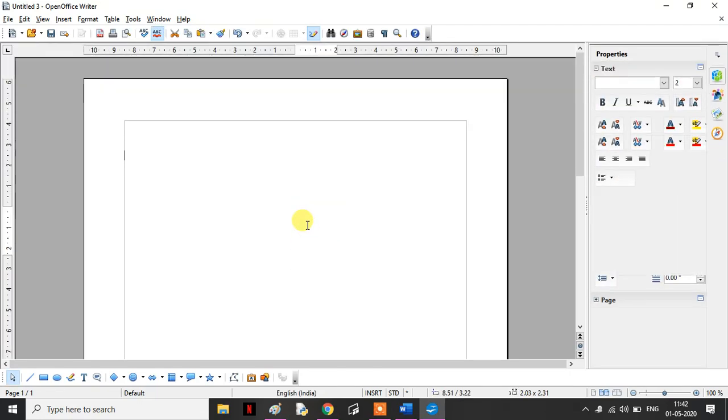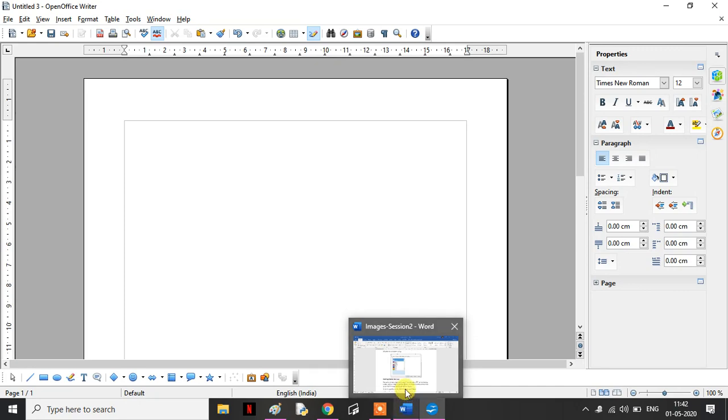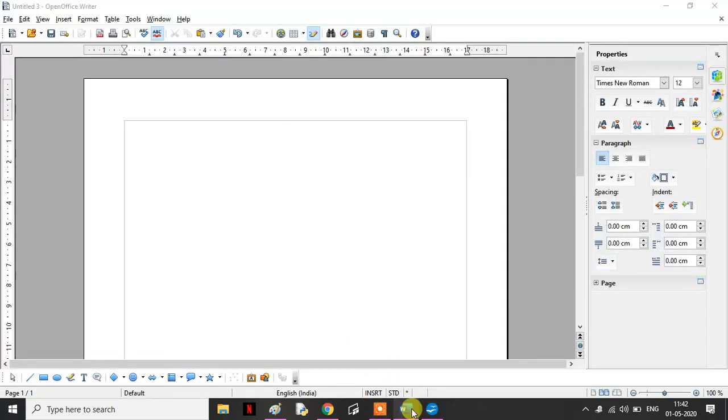Now suppose I have some text. I'll copy that text, or suppose I open the help here. I don't know why it's not opening. It takes a little time to open.